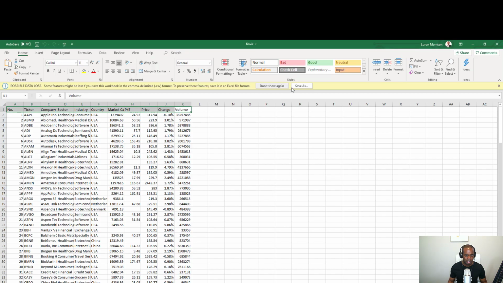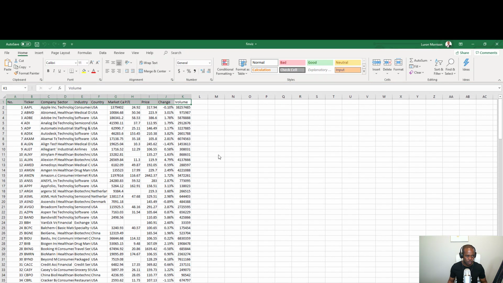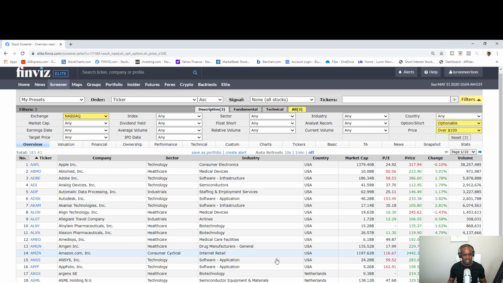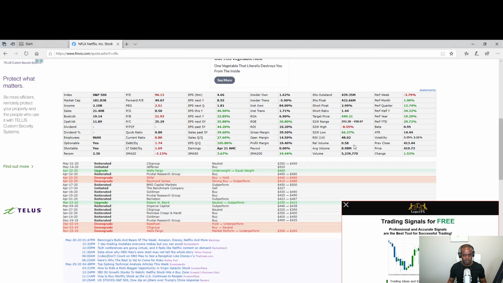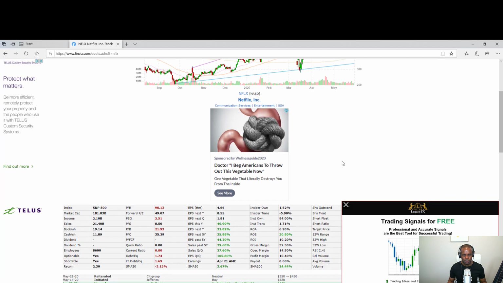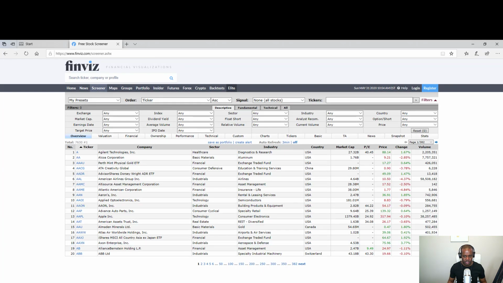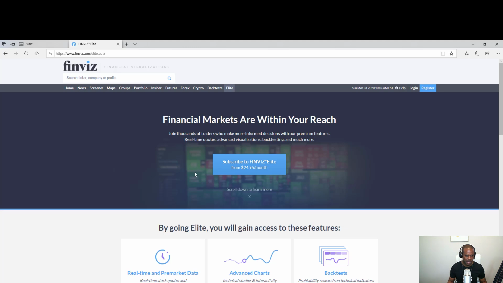But look at that, guys. You can export the data, and then let's say I'm using Thinkorswim. I can just copy these tickers and just import them. Not copy, but just import this Excel file as a CSV file straight into Thinkorswim. So that's one of the powers of having the paid version of Finviz Elite. While in the free version, you're not able to export. If you go to screener and you try to export, they'll tell you you need to buy